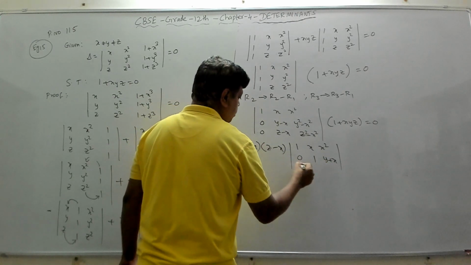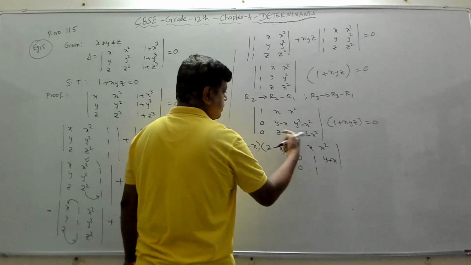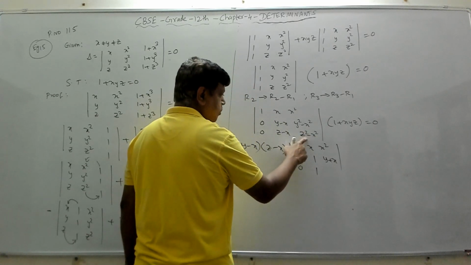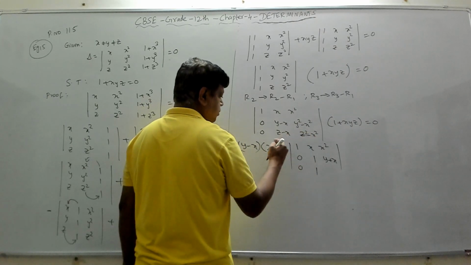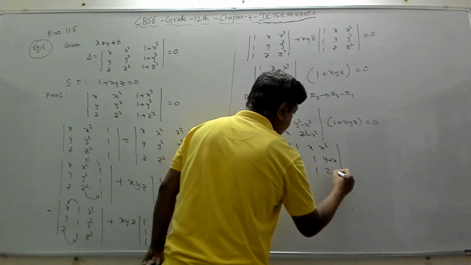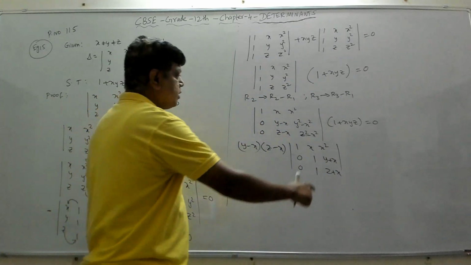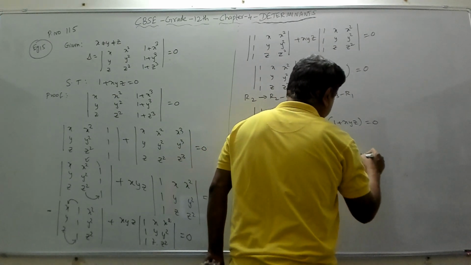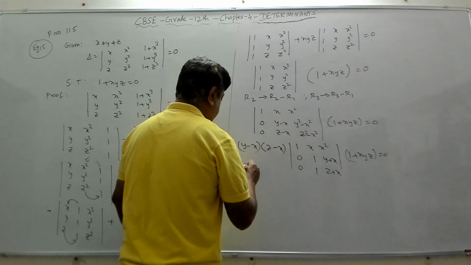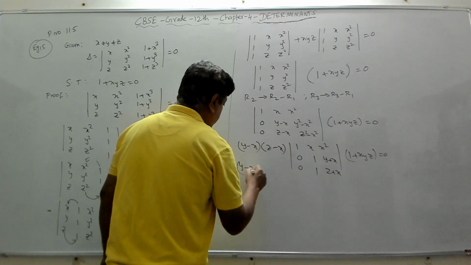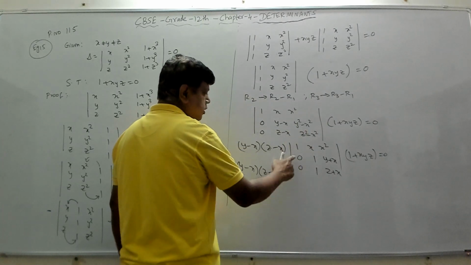Similarly here 0. Z minus x is taken out, it will become 1. Here z minus x is taken out. This is actually z minus x into z plus x. If I take z minus x out, I will have z plus x. Fine. Then this is there, 1 plus xyz equal to 0. Now the y minus x. Now let's try to expand along C1, because C1 has the maximum number of 0.